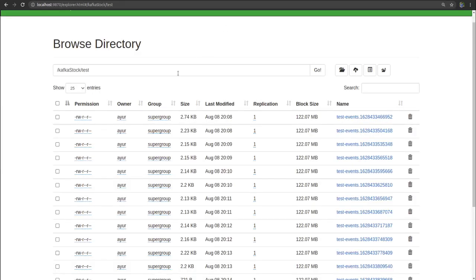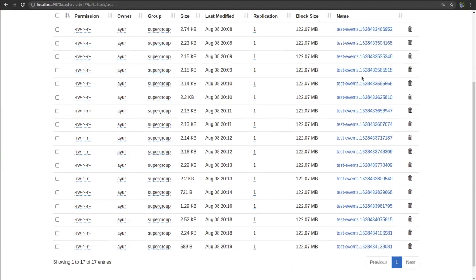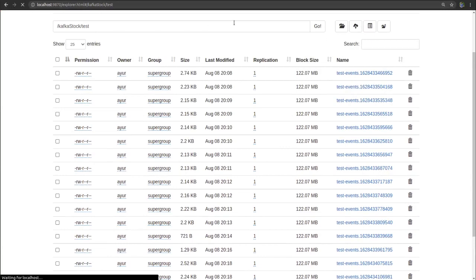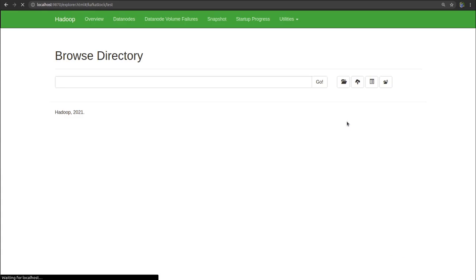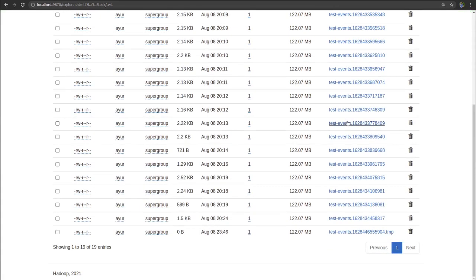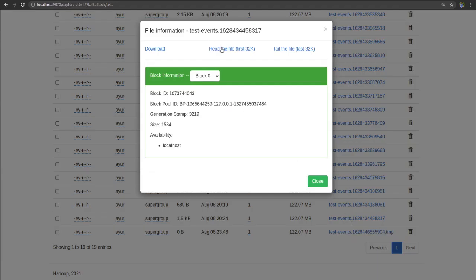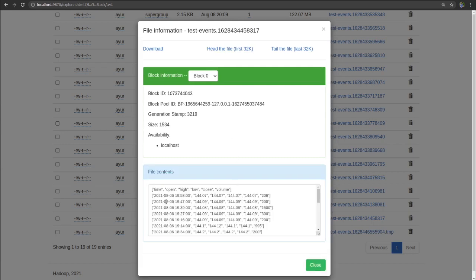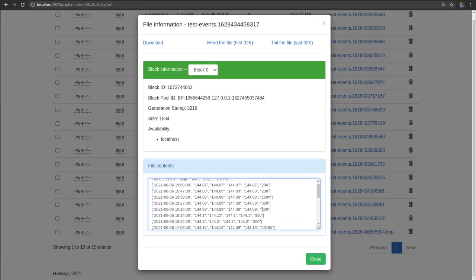So I will show you. As you can see here, these files are getting saved, which is our stock data. And this is the current file which is being put here using Flume. I will show you one file. As you can see, this is our data over here, and this is being saved into our HDFS directly.